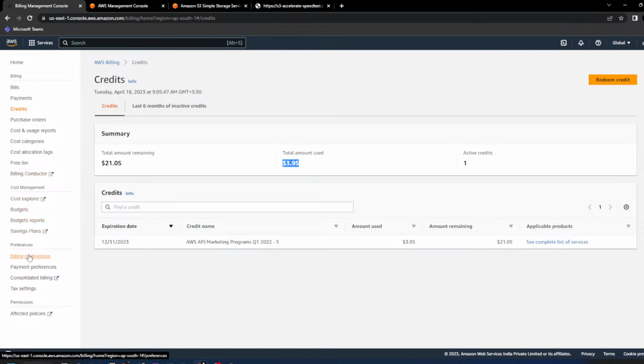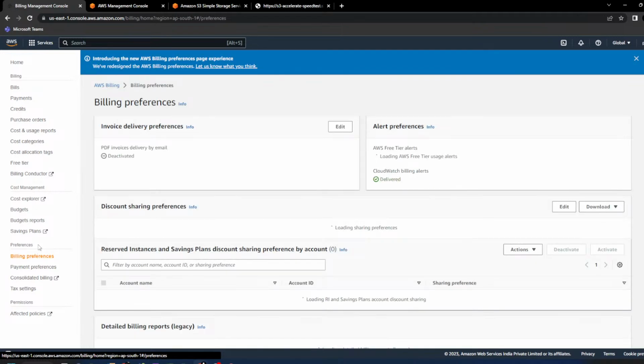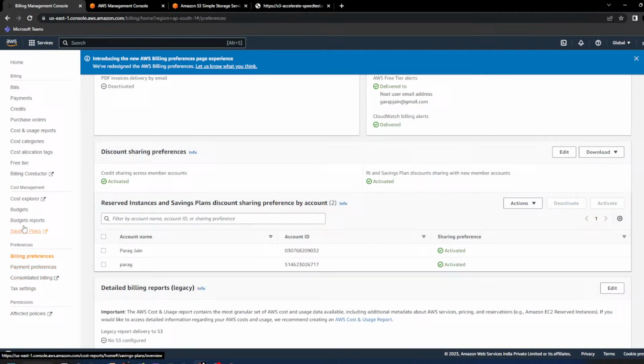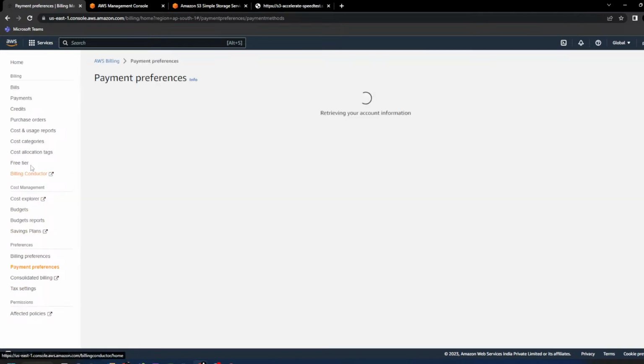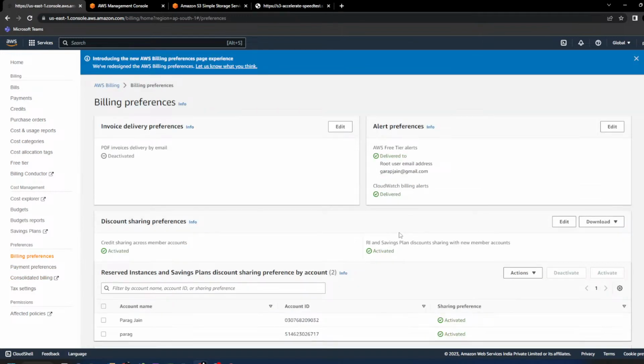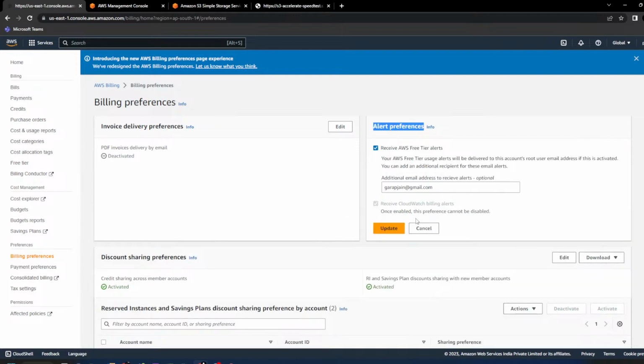And if you go to the billing preference, sorry, billing console. Now they have changed the console again. Yes, billing preference only. The great thing about Amazon is they keep on changing the GUI, so previously it was different. Now, can you see the alert preference? Click on this, edit, and